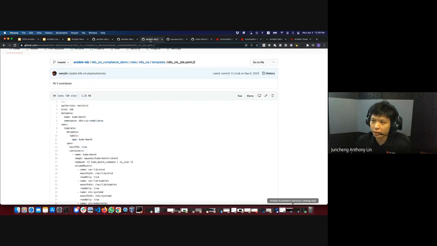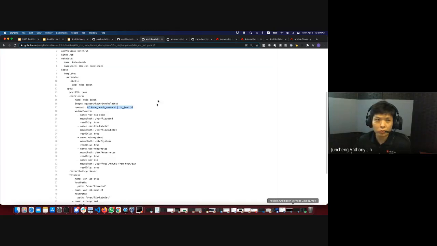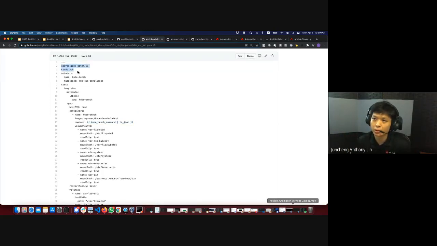So pretty straightforward. This is already given to us by Aqua Security as part of kube-bench. All that I'm doing is updating the command that I want to run. The containers will be the same. It's just that the commands we are running to run that particular scan will be a bit different. We will use the Jinja2 template to generate the template, and then send it over as to what the job is supposed to do. You can see over here that this is basically a definition for the job kind.